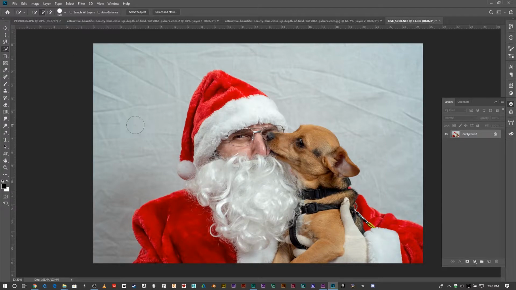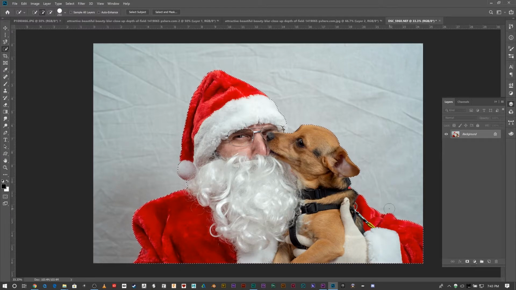So it's a brush, just like the brush, you use your bracket tools to increase and decrease, and then you just click and drag over the area that you want to pick. And when there's a lot of contrast between the subject and the background, it picks it up nicely. What I mean by that is the red tones and the white tones there, they're very clearly distinguishable,